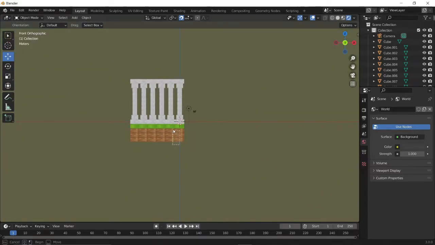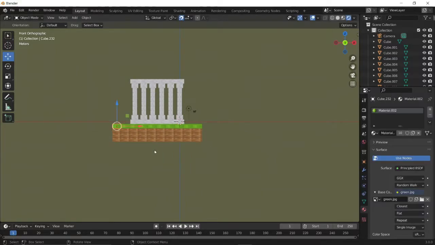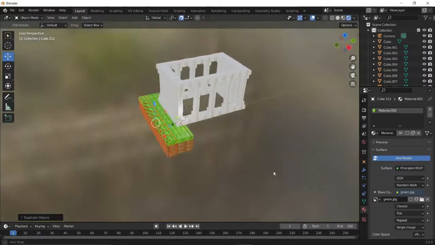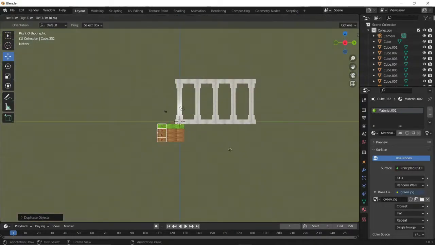I again pressed 1. Ground on both sides. I pressed 3 there. It's looking good, I guess. Just working out fine.